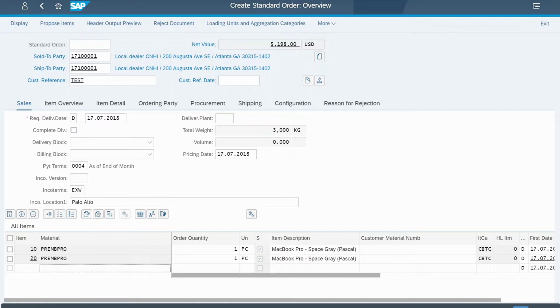In today's snippet we will once again be looking at advanced variant configuration, but we'll delve a little bit deeper and look at a couple of functions, which are the concatenation of characteristic values and the update of the sales order item text. If we focus on the latter first, which is the update of the sales order item text, and look at the use case that we have before us,